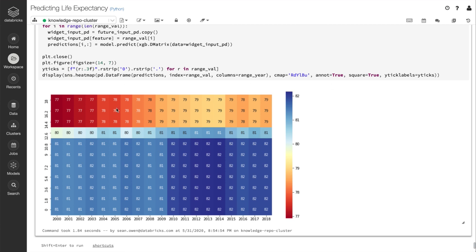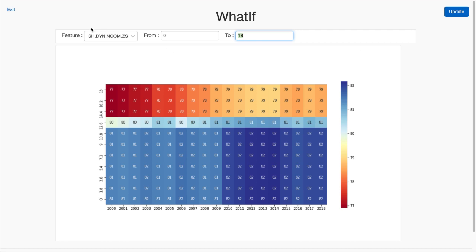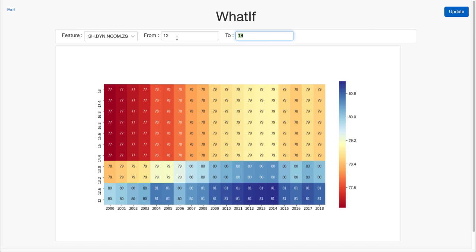Instead, we can export this part, this visualization, as a dashboard and instrument it with simple widgets here that let us, in this case, vary this range here. So I've selected 0 to 18 to start, but maybe I want to zoom in more on this range here. So I'm going to change this to 12 and give it a second to recompute. And there we go. Now the model's predictions have been recomputed across this whole range. And I can, again, see a little more detail there. I can zoom in further